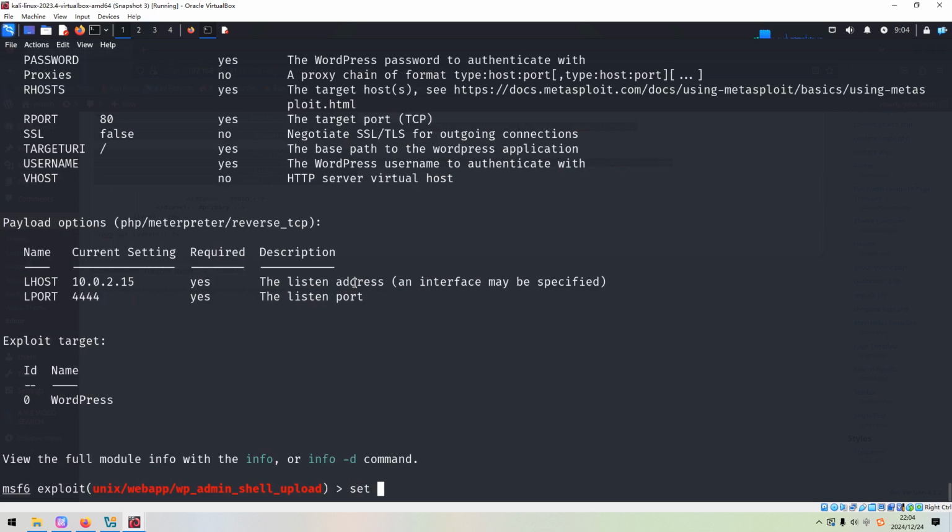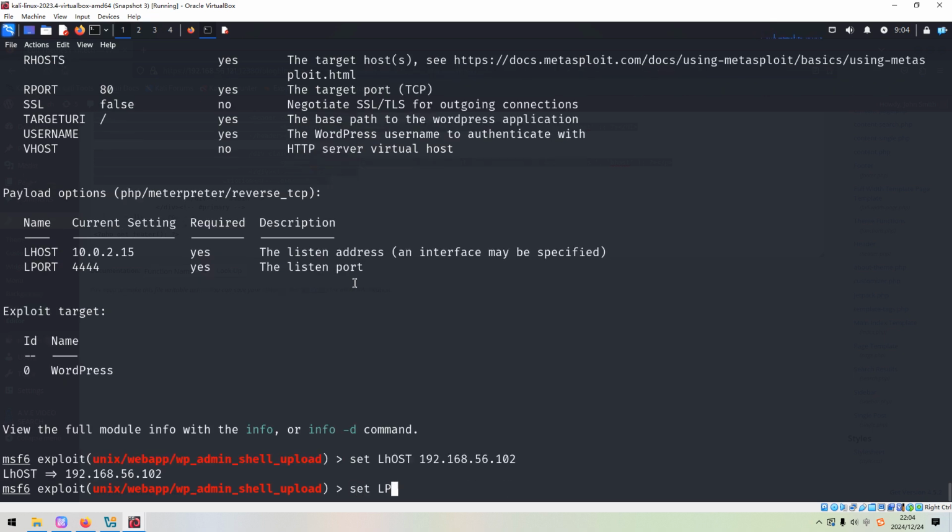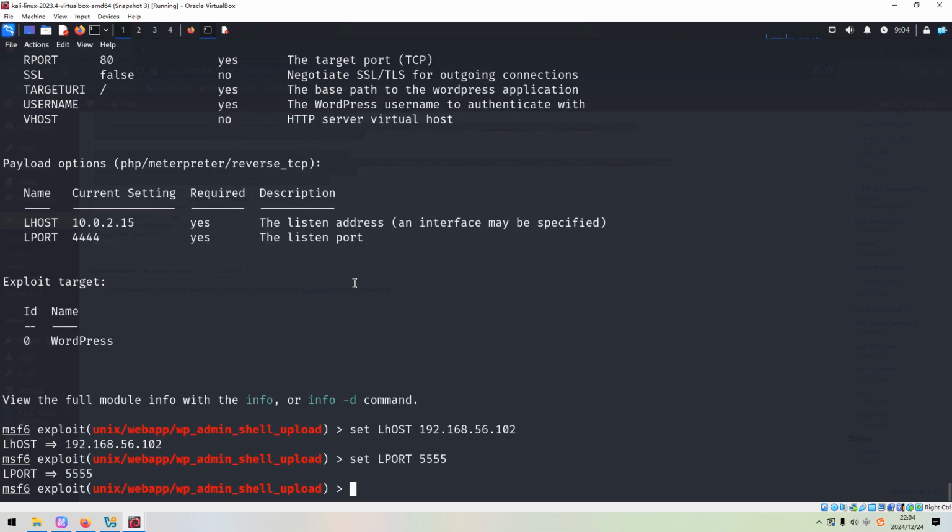We can set the local host to our Kali Linux. Set the local port number to 555. Of course, you can use any port number you are comfortable with. For me, I always use 555 as the listening port number. And also we need to set the target URI as blog.